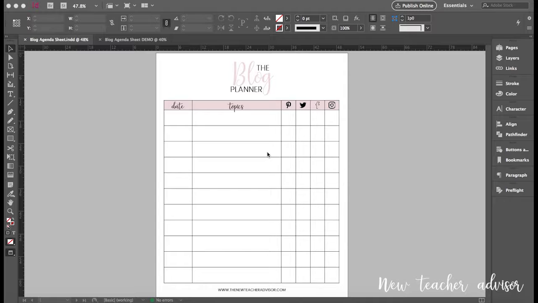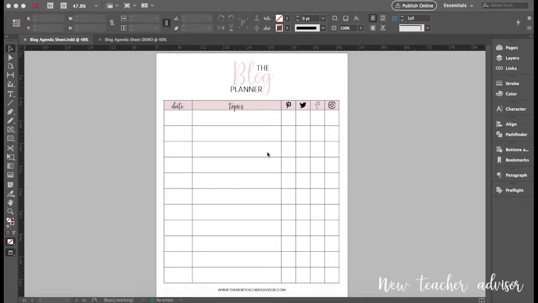I've been blogging for about 5 years, and I've never created a way to actually keep track of my blog posts and to create a system where I'm more consistently posting and creating. So this sheet was created by me, and it has my branding and styling, and I'll talk more about branding and styling later on. But in this demo, I want to show you how to create this planner